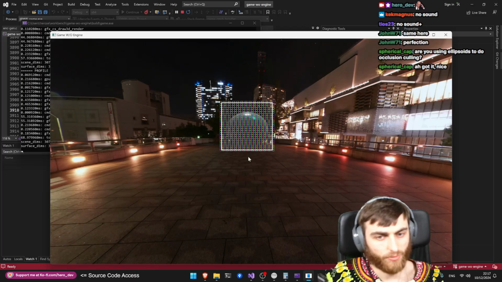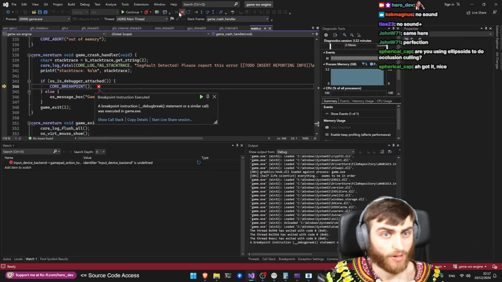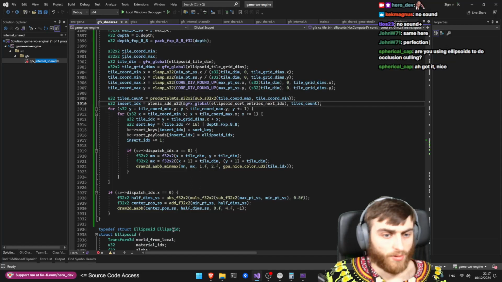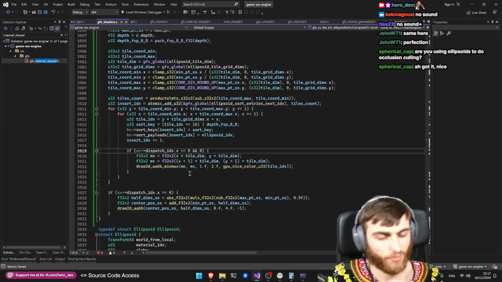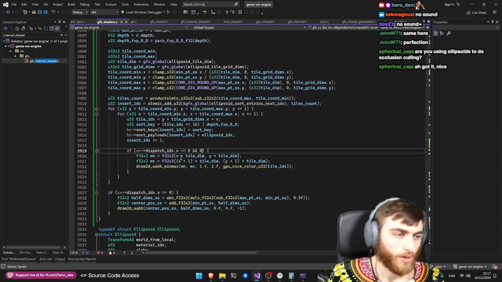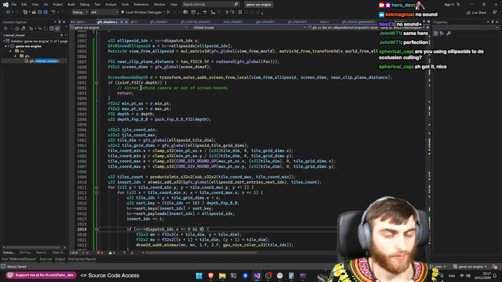Right, shouldn't be doing that. We should catch that bug. We'll catch those two bugs and handle them gracefully. So let's not draw the tiles. Let's just draw the screen bounds and see what's going on there. So one of the bugs is like